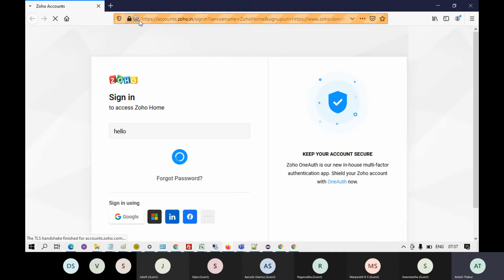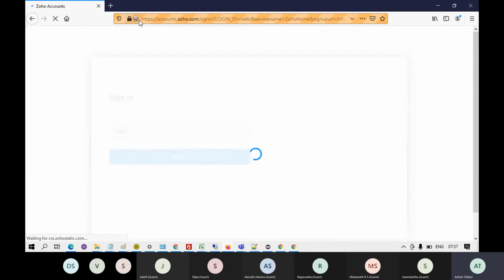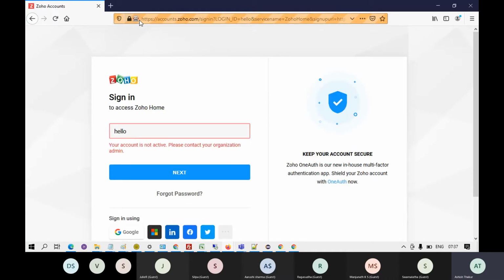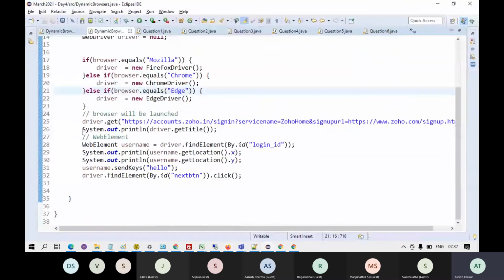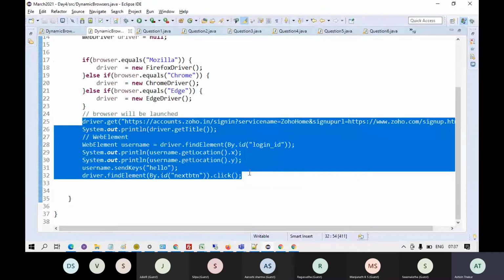You might be struggling with writing scripts today, but gradually you will understand how to write, because it's all about writing driver.find element commands and other stuff. But the most important thing is, you know, it's not building scripts. See, it clicked on the next button. Fine. The most important thing is not actually writing these lines of code.